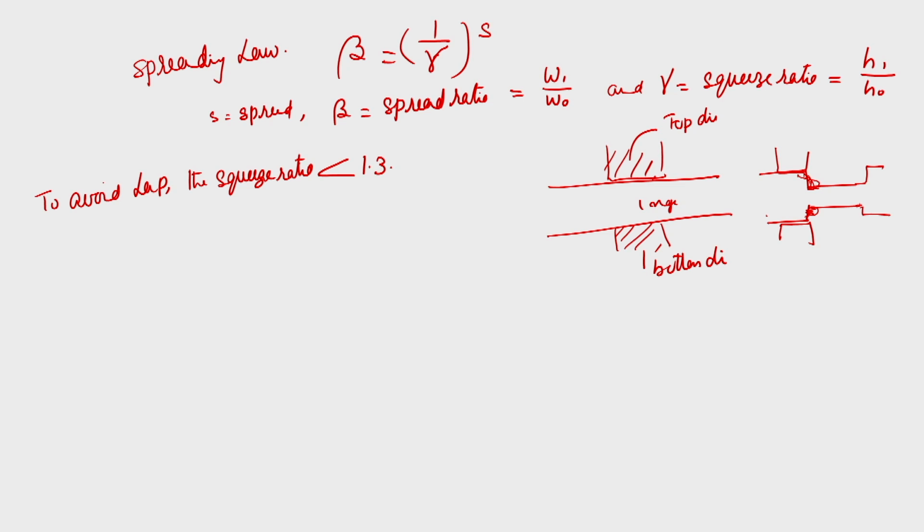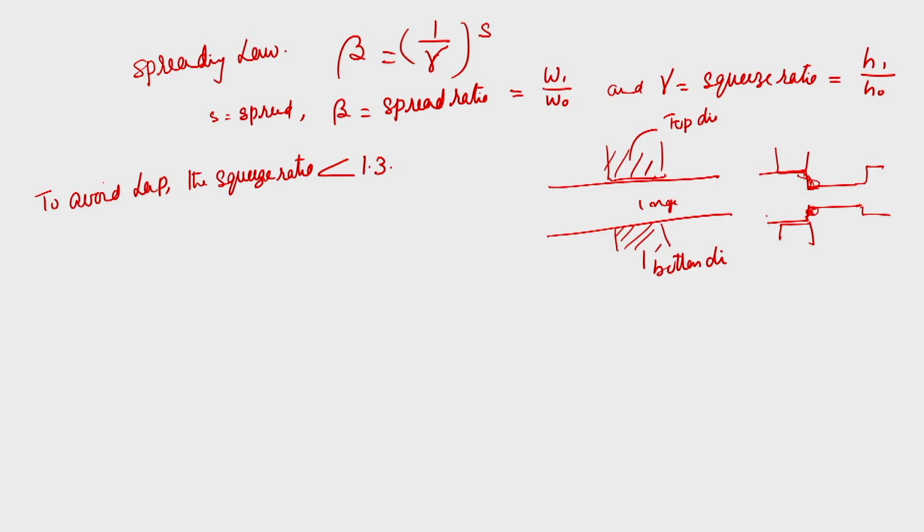Now the second thing is that open die forging is carried out for reducing the cross sectional area of large pieces. In that case, the deformation has to reach the center of the piece. Otherwise, deformation will take place only at the surface, but at the center nothing will happen. To ensure that each billet is deformed through the center, the bite ratio should be less than 1/3. So in open die forging, you are going to deform the large billet.